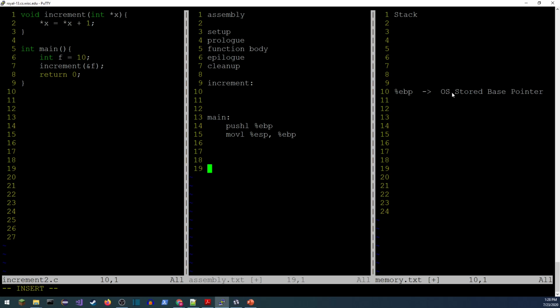That's going to take the operating system stored base pointer and store it here. And then we're going to move the stack pointer into the base pointer. So the register is pointing to this memory location. All right. Stack pointer is just going to be pointed to this location also because it's the top of the stack. Next thing we're going to do is deal with line 6 right here,